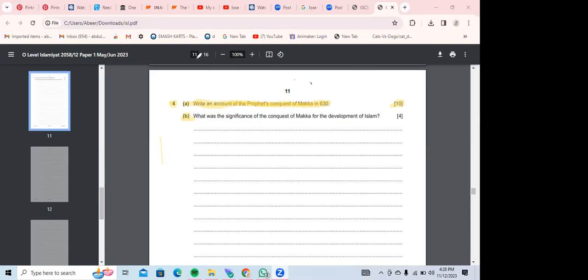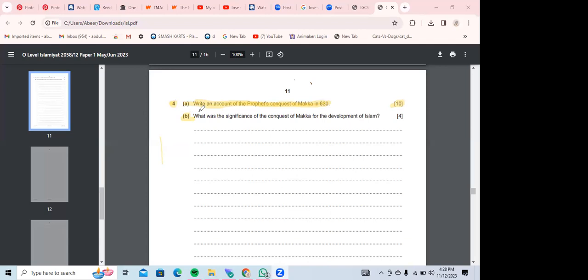Okay, so question number 4, part B. What was the significance of the conquest of Makkah for the development of Islam? Yes, okay. So in this question, you have to tell what happened after the conquest of Makkah. What were the fruits of the conquest? For example, the Muslims had conquered Makkah, and a lot of people, almost the whole